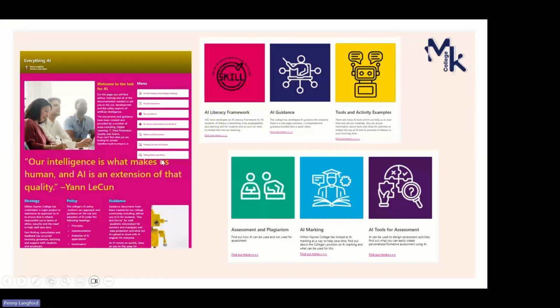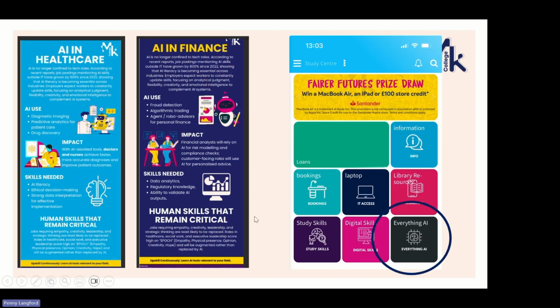And I'll show you it live in a minute, but it's got a variety of things. What's the AI literacy framework, the guidance, things around assessment pages and marking, tools for assessment, loads and loads of things. And a similar thing we have for students. So we have a student app, which is where they get all of their information, and they've also got that